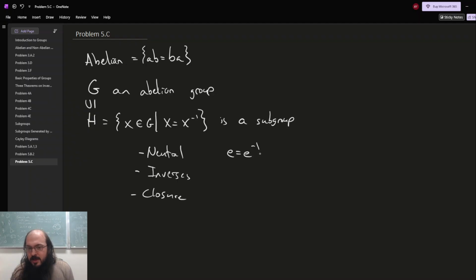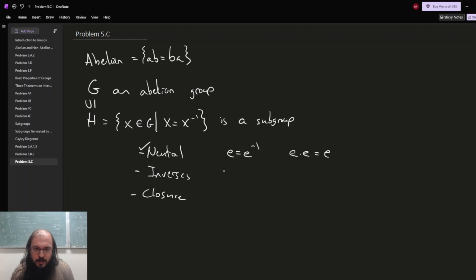Because remember, what it means to be an inverse is that when you multiply into it, you get back E. But of course, E times E is E. So the equation E times E equals E is basically a proof that E is E inverse, right? I could put an inverse sign here and it would still be correct. Similarly with over here. A little bit weird to think about, but true. Maybe it's worth it for you to pause the video and take a moment and just convince yourself that that's